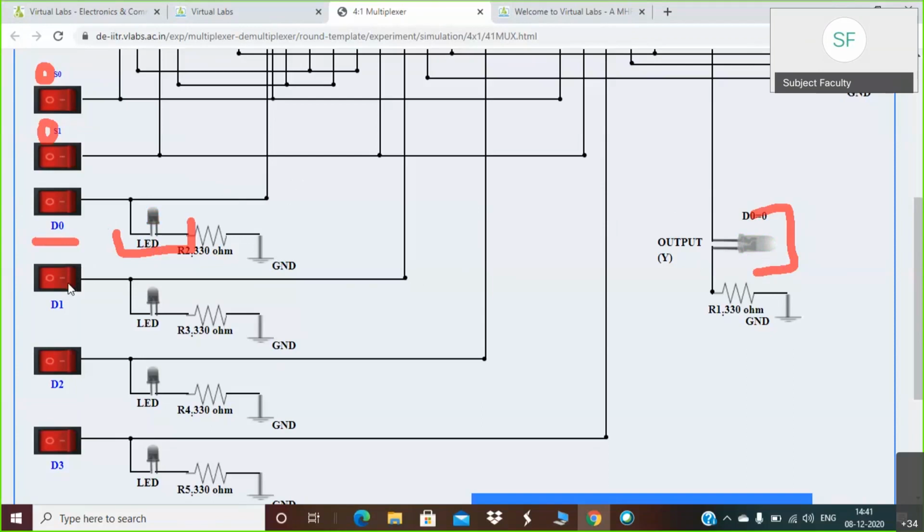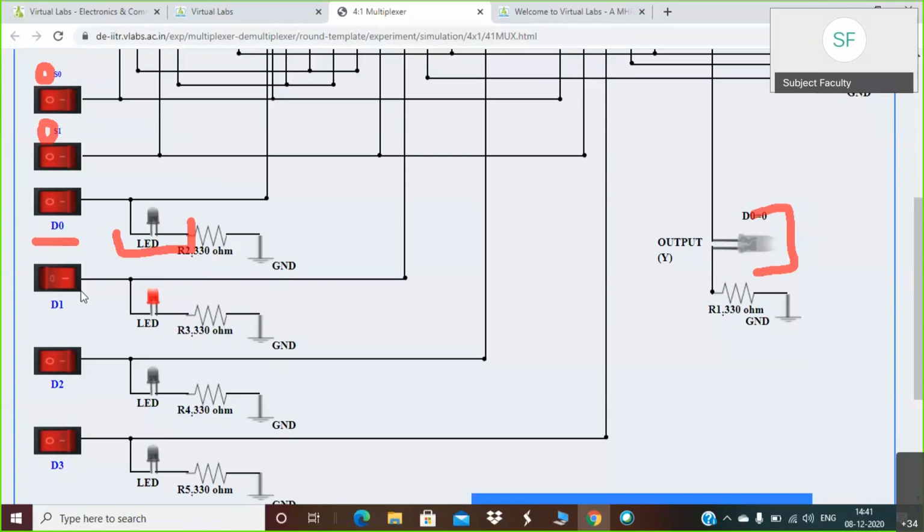Now if I do some changes in either D1, D2 or D3, there will not be any change at the output. So we will just verify whether it is possible or not. I am making D1 1. You can observe D1 LED is on, but the output is still off. Why is the output still off? Because currently your multiplexer has selected D0 only, because selectors are 0, 0.